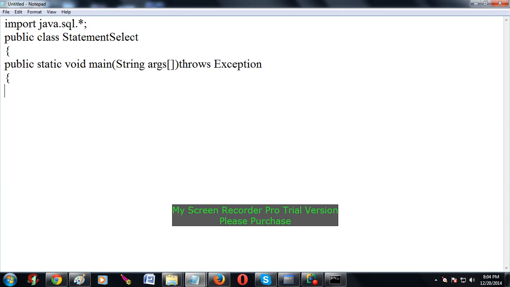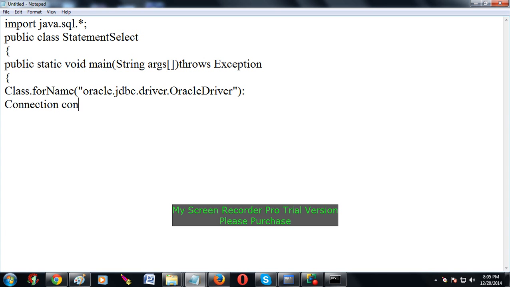Next, Class.forName. In that forName, what you have to pass? oracle.jdbc.driver.OracleDriver. So what is that? OracleDriver is a class. oracle is the main package, jdbc is a sub package, and driver is the sub package, right? Next, Connection con equals to,